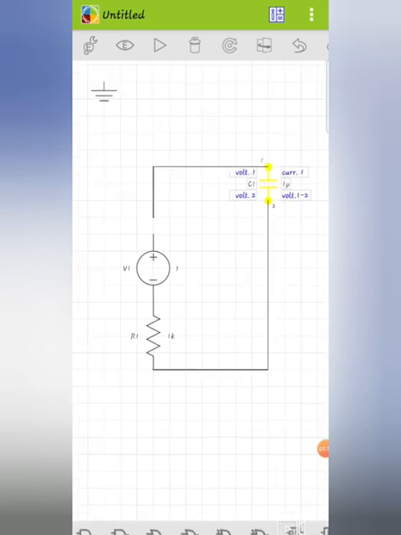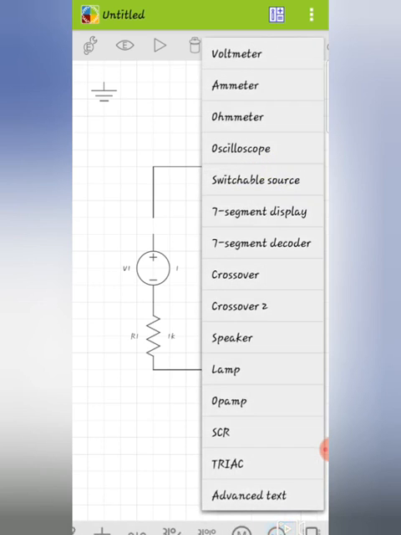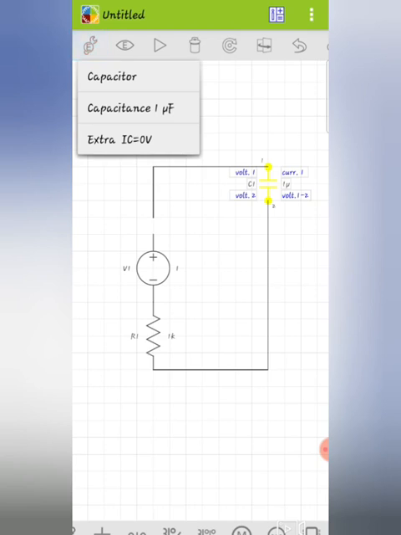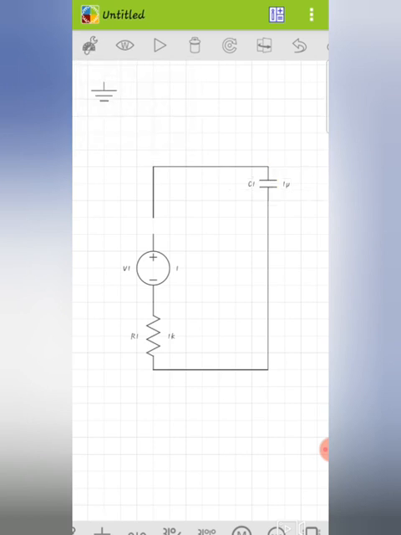Moreover, apart from these basic components, there are switchable sources also, voltmeter, ammeter, oscilloscope, crossovers like that, and extra components are available in this place. In the above toolbar, this is the settings. Whichever component we have selected, we can modify the value and know about that component's naming, etc. This yellow color represents the component which was selected to modify, and this is the run button.